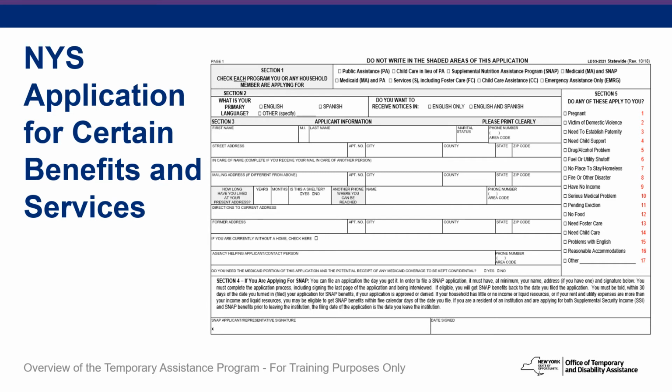The Common Application is 28 pages in length, and it is called a Common Application because it can be used to apply for many different programs. On page 1 of the application, shown here, individuals choose if they want to apply for one or more of the following programs: TA, Child Care in lieu of TA, where parents eligible for TA can receive child care assistance instead of a TA benefit; SNAP, previously known as food stamps; Medicaid; services including foster care, child care assistance, and